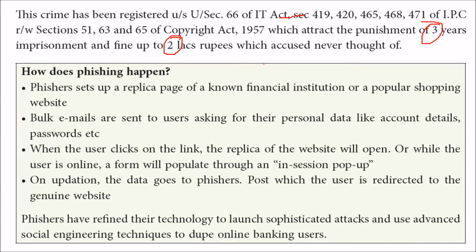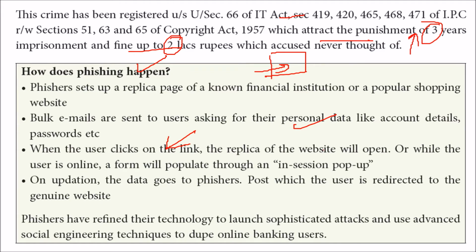So please understand that just simple technology can land people with malicious intent in these terms, and their life will be spoiled. So how does phishing actually happen? You may see an institution, a regular website, a popular shopping website. Bulk emails are sent to users asking for their personal data, like account details and passwords. And when the user clicks this link, which we generally do, a replica of the website will open,